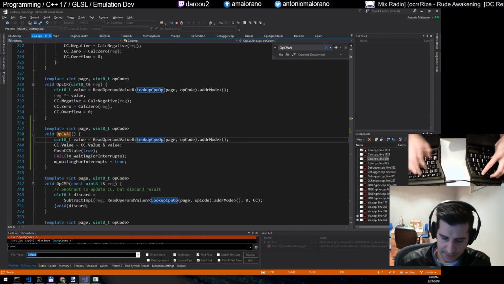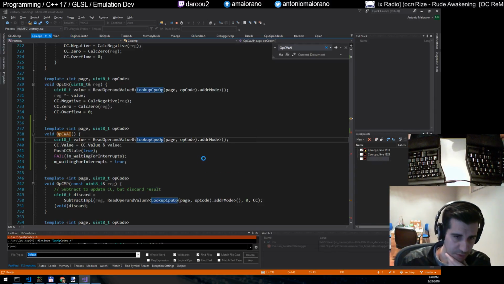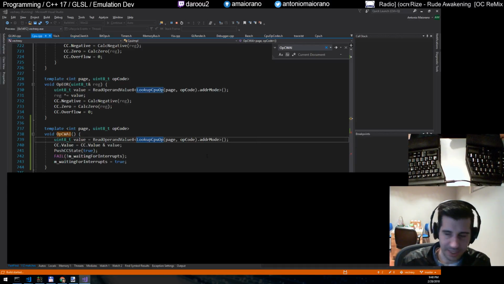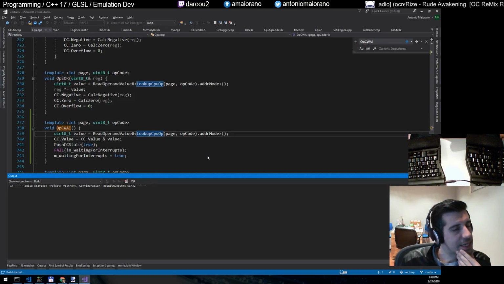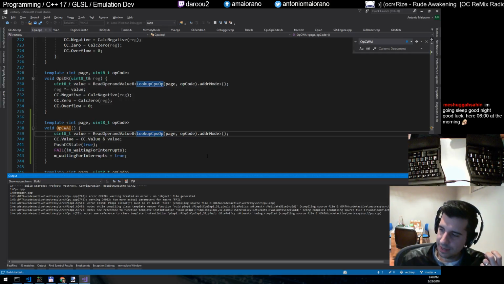So yeah, let's see if this builds, and then we'll set some breakpoints, and we'll see if this actually gets us further. And I think what we saw last time is